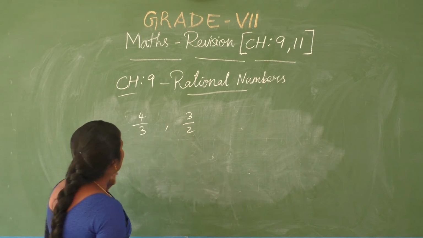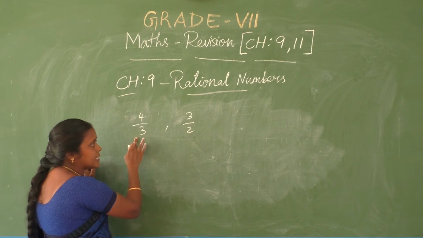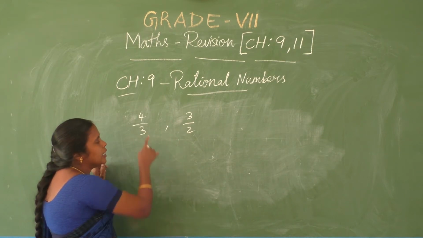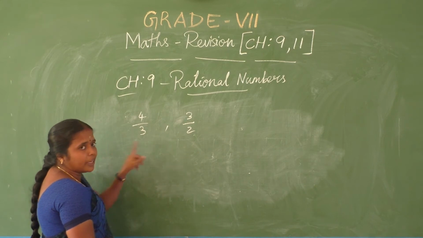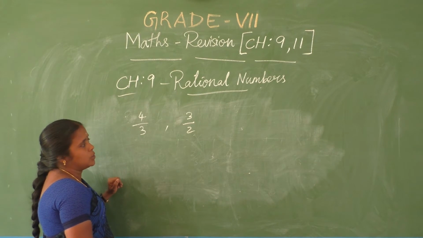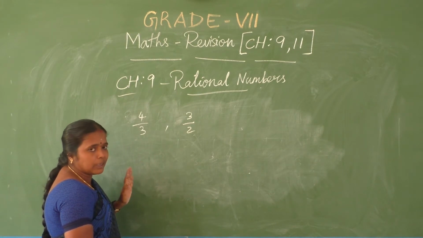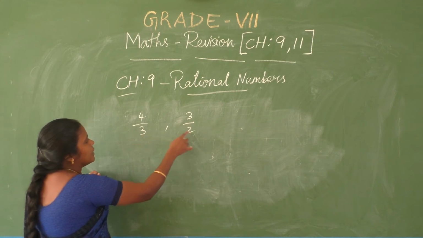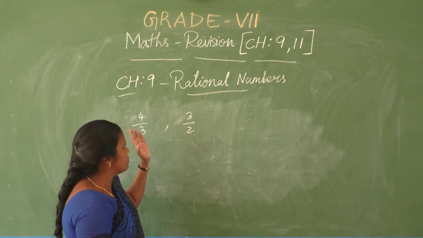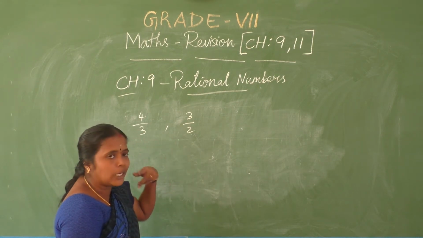So what to do? As usual in the fractional category, if they are unlike fractions, for converting them into like fractions you have to take the LCM of their denominators. Yes or no? That procedure only you are going to apply here also. This rational topic is the same as the fractional topic. Clear? They are unlike, keeping different portions we can't compare which is bigger than the other. So what to do? We have to change them into like.